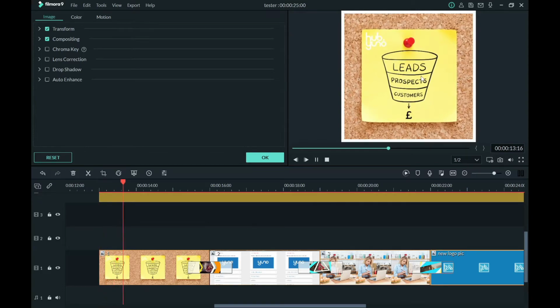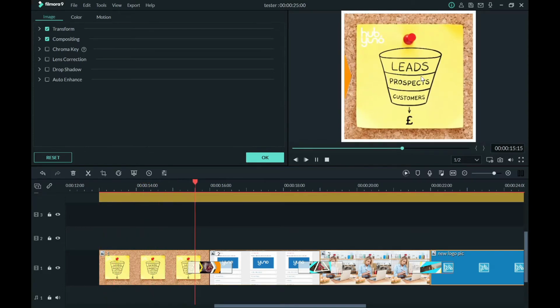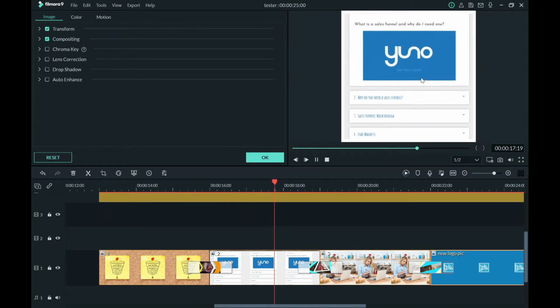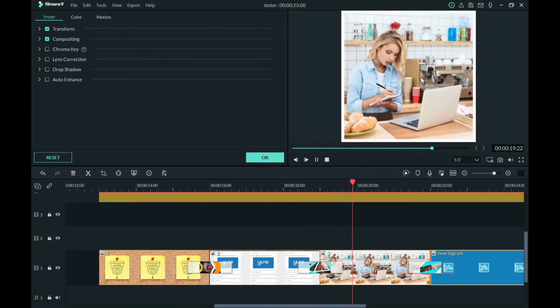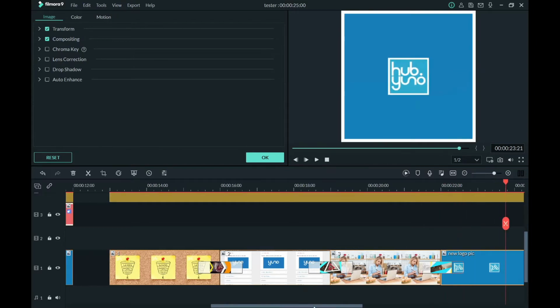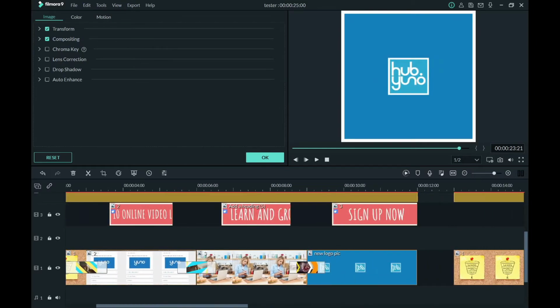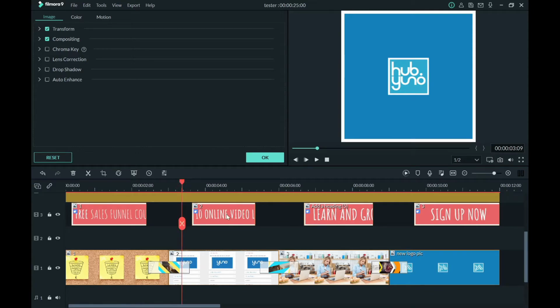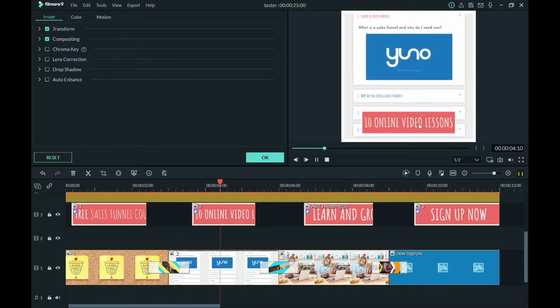Looking up there again. Yep, nice zoom and transition. And the final logo zooming in. Okay, perfect. Alright, now the next thing we want is we want these bits here to kind of like tell